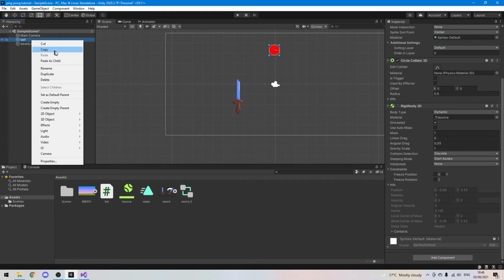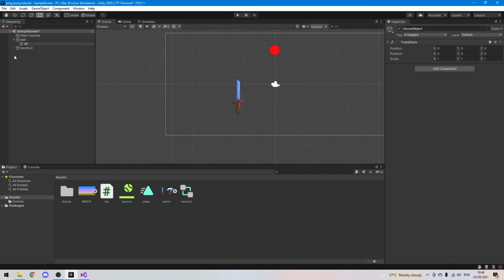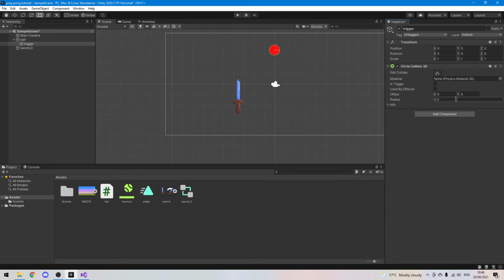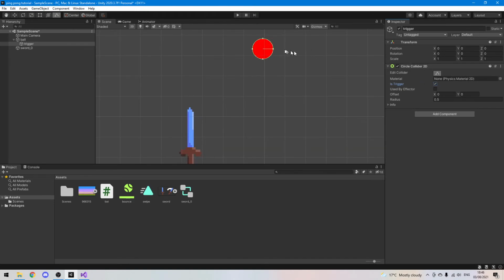You just got to do one more thing. On the ball, you want to right click, create empty, and call this trigger. Now if you select this, add component, Circle Collider 2D, and you want to set this one to trigger. Just make it a bit bigger than the actual circle. And now, if we finally play it, you should see